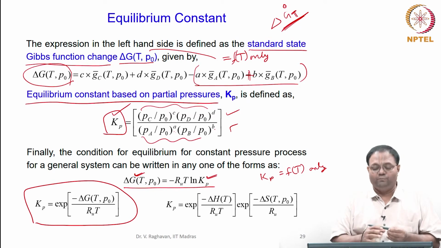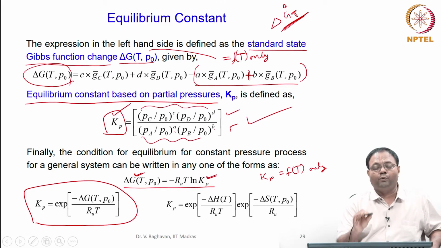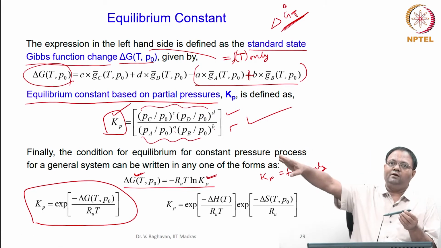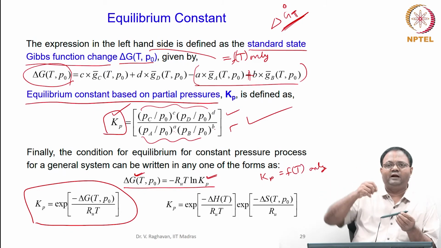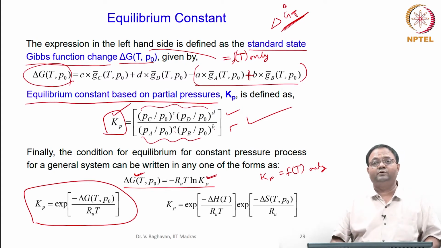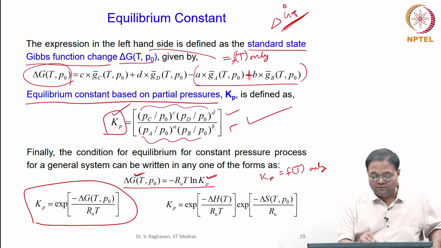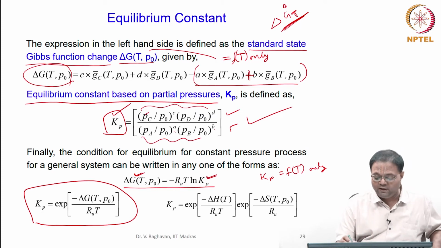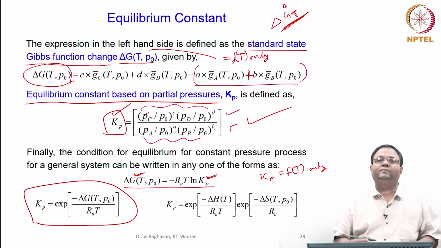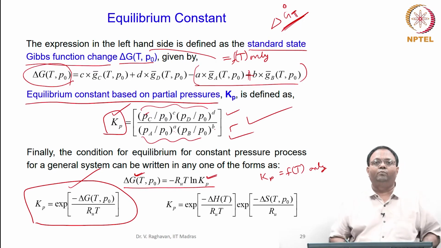Now, how do the pressure effects come? Because of the definition of Kp, the pressure effect comes here. Partial pressures are involved. The partial pressures of products are multiplied together with the ratio with atmospheric pressure raised to corresponding stoichiometric proportions, and that is divided by the product of the partial pressure ratios of the reactants raised to corresponding stoichiometric proportions. The partial pressures Pc, Pd, Pa, Pb will change based upon the total pressure. So, the pressure dependence comes from the definition of Kp. Kp itself is calculated as a function of temperature here, and you can substitute the value of Kp in this to get the product composition.